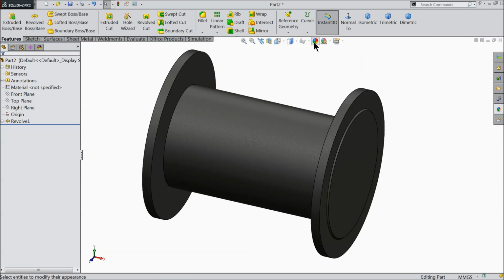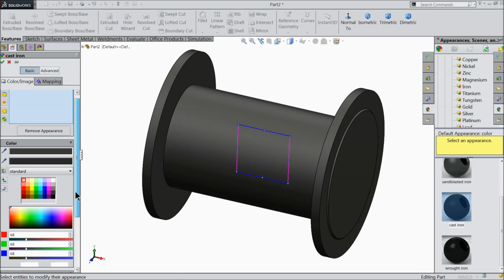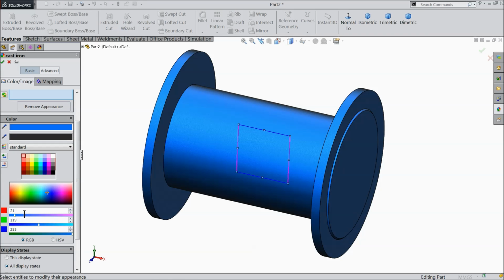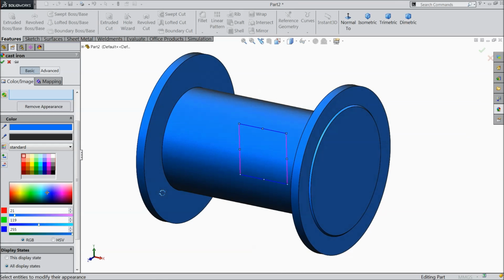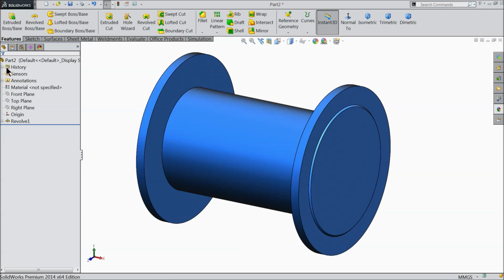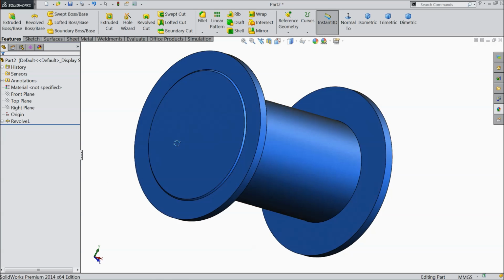Go to edit appearance, and we want to add some kind of shade. I have seen many gate valves in blue color, so let's do this. I love this shade, so I'll try to make this. This is better. Okay, now see,